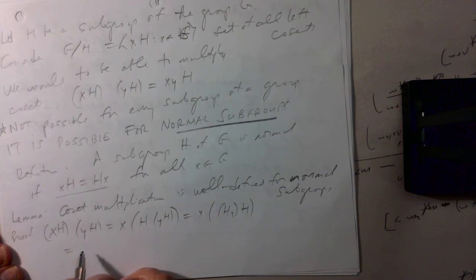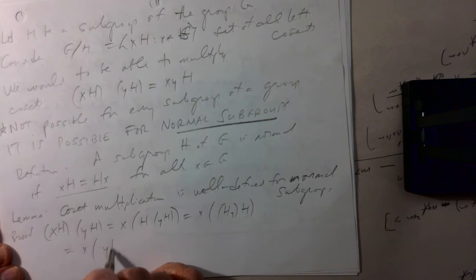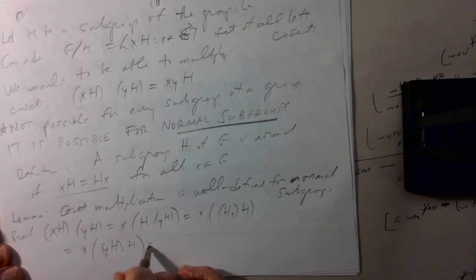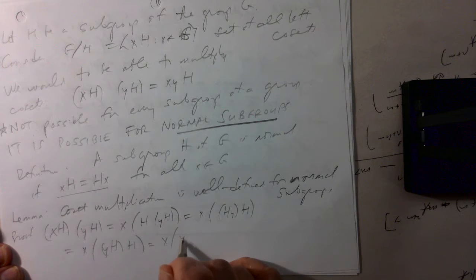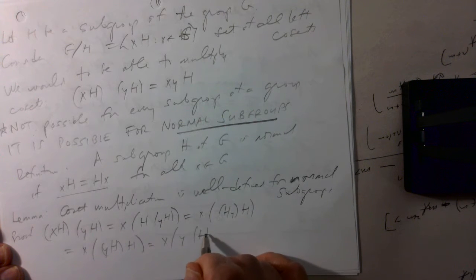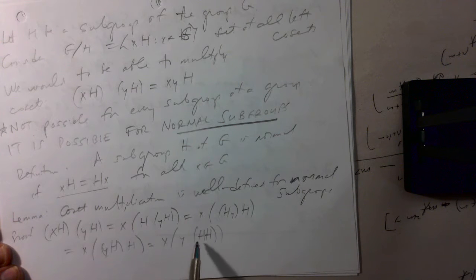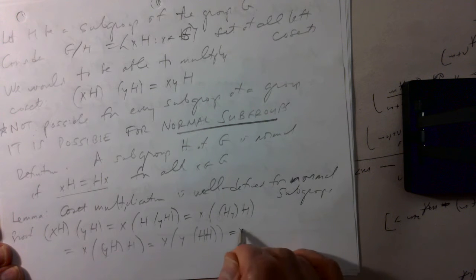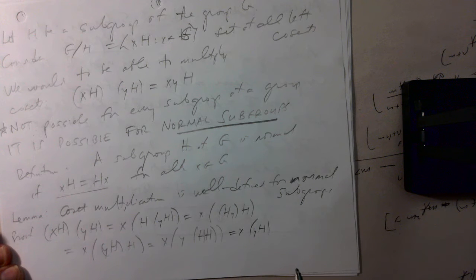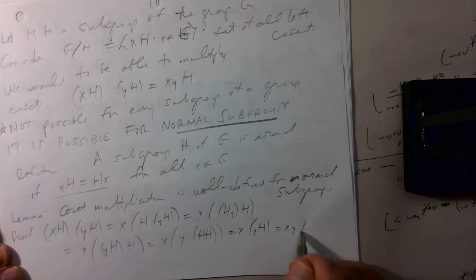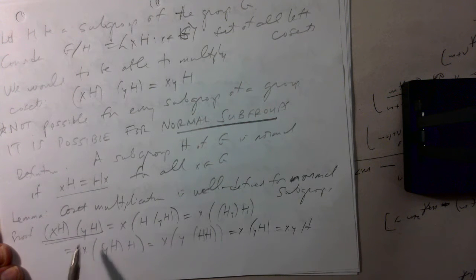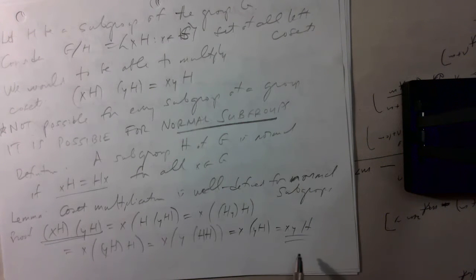But if H is normal, Hy is the same as yH. And this is the same as y times H times H. But when you multiply a subgroup by itself, you just get the subgroup. So this is xyH. So this set equals this set, and it doesn't matter what representative of the set you choose. This set times this set is this set. So that's a proof that if you have a normal subgroup,